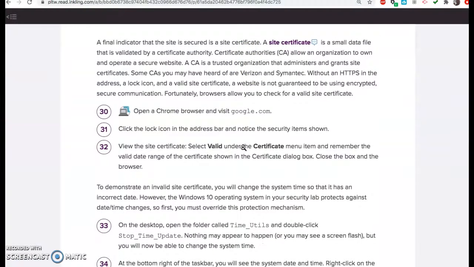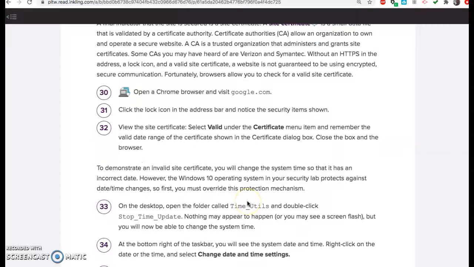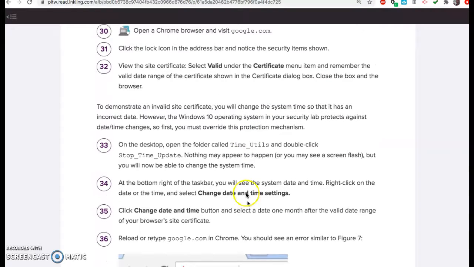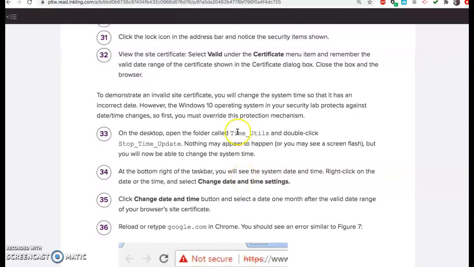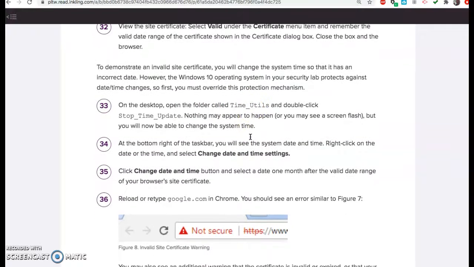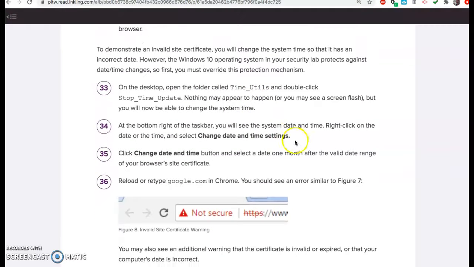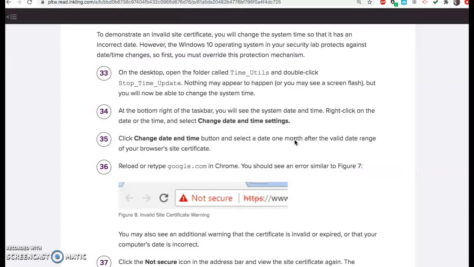So that's one of the things you can do to check if a site is trustworthy: do they have a certificate, and is it within the valid range? So that one is valid. But what we can do is change the time on our computer and go back and see what it's like again. So if we're on Google there,